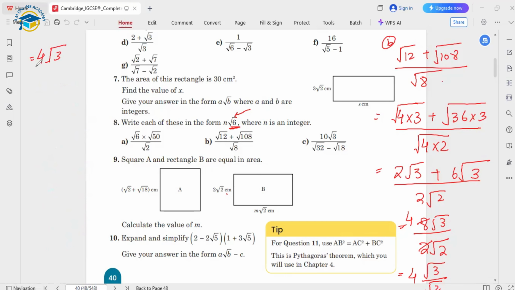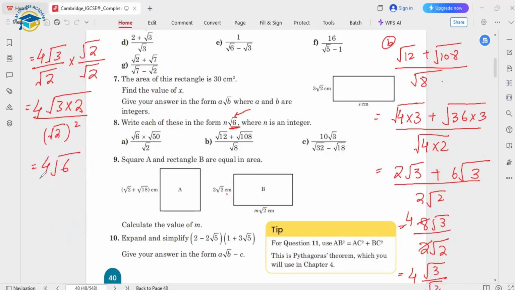We have 4 square root 3 in the numerator, and in the denominator we have square root 2. So we'll multiply by square root 2, and we will divide by square root 2 as well. So in this step, I have done the rationalization. We can write these both into one fraction, and downward this will be square root 2 whole squared. So square root 3 times square root 2 will be square root 6, and only 2 will be remaining. We can simplify it as 2 times 4, and we are left with 2 square root 6. So exactly the form we got, and in the place of n we are getting the integer 2.